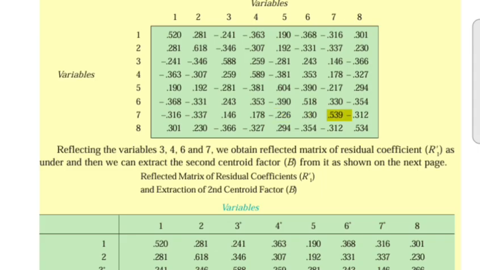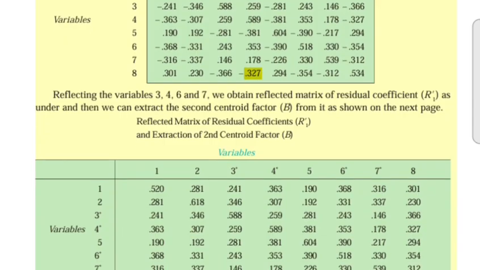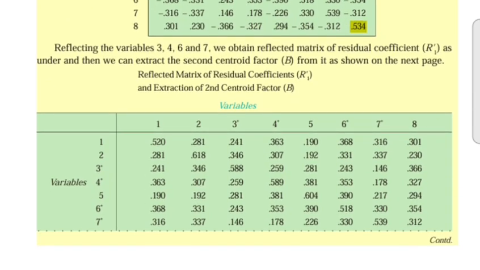Reflecting the variables 3, 4, 6 and 7, we obtain the reflected matrix of residual coefficient R1 as under,